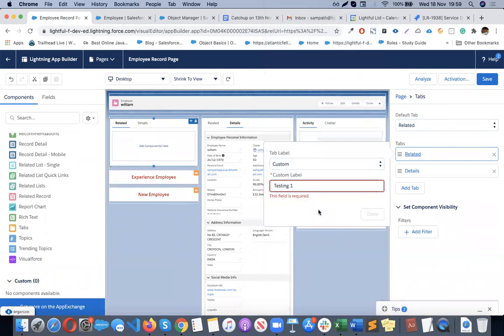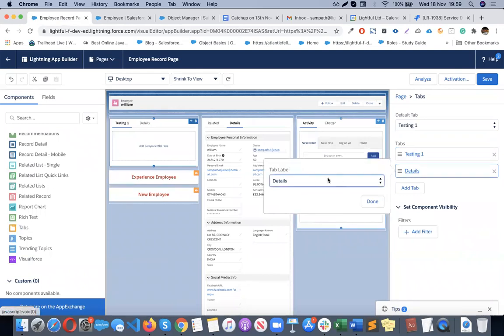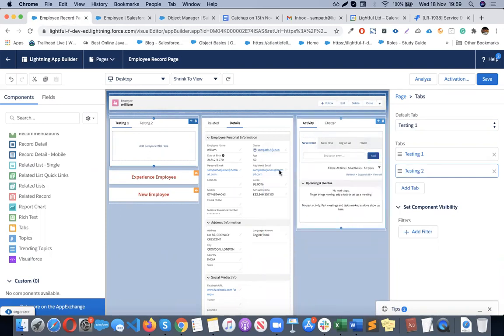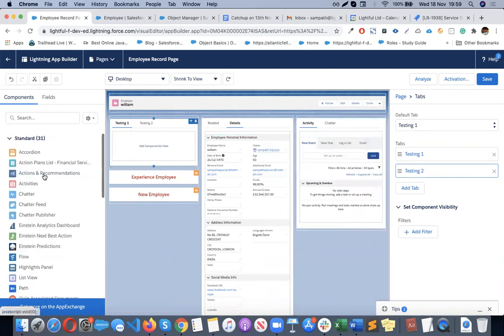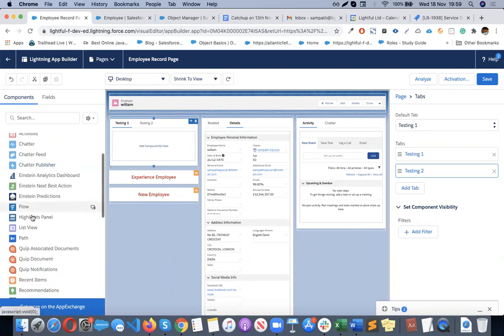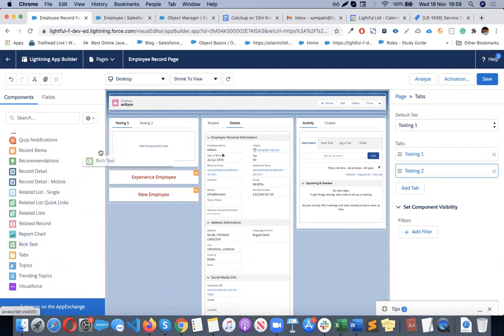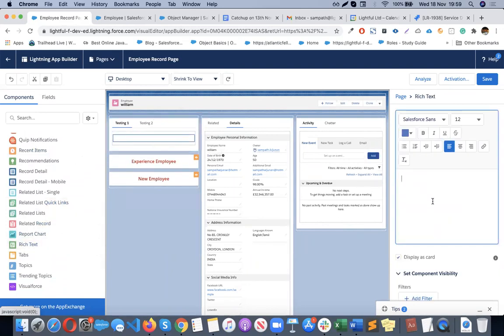Testing 1. This also I'm going to put as a custom. Testing 2. Now within the testing, you can put any of the component. Let's say some sample component. I will put some rich text or testing 1 component.